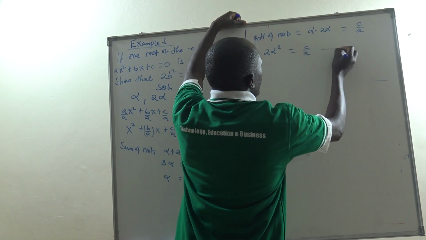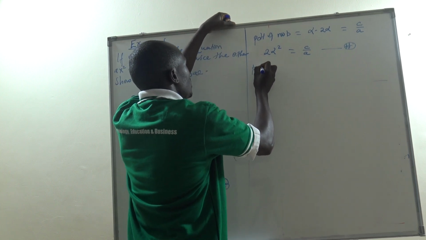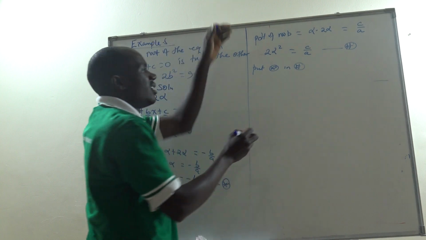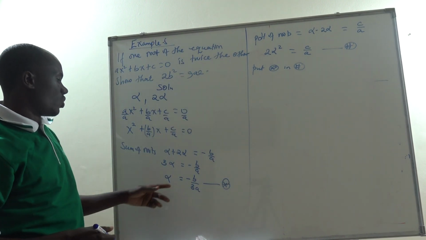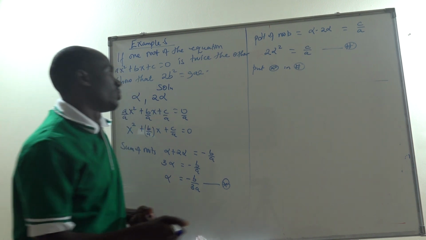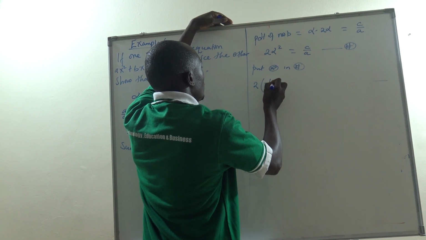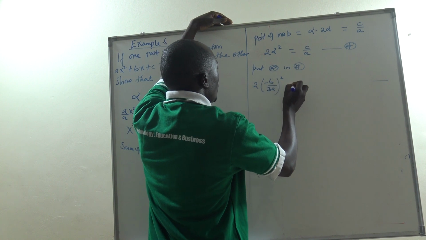Then I can say this is equation hash. Then you can say put star in hash. Do we know our alpha, which is already equation star? Where you see alpha, put that one. So it's going to be 2 into negative b over 3a, the whole of it squared, equals